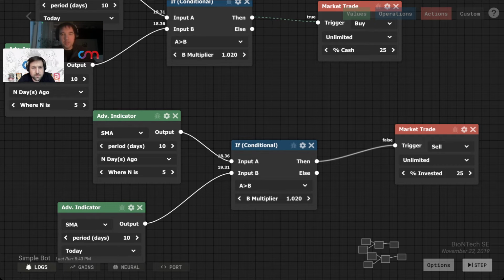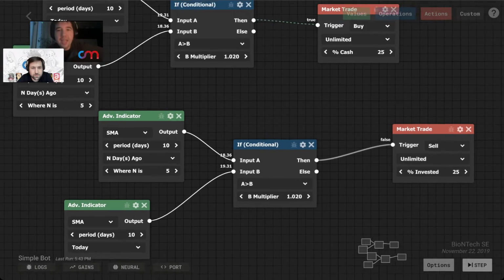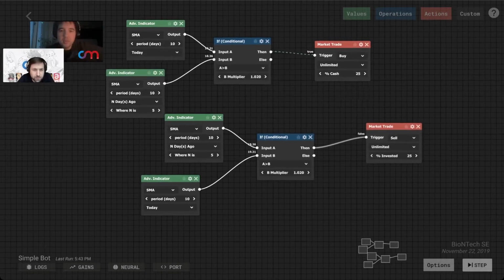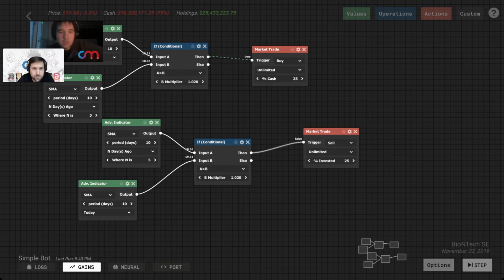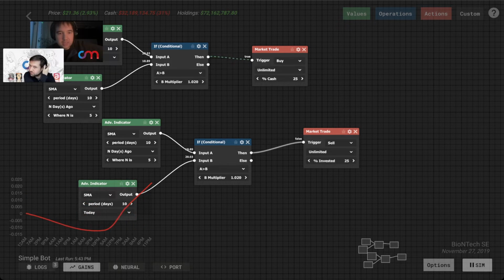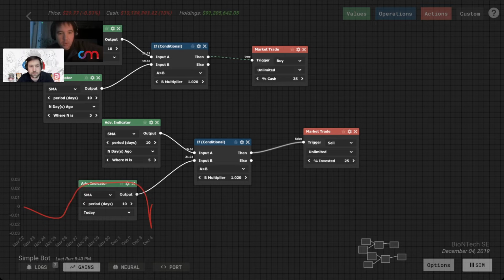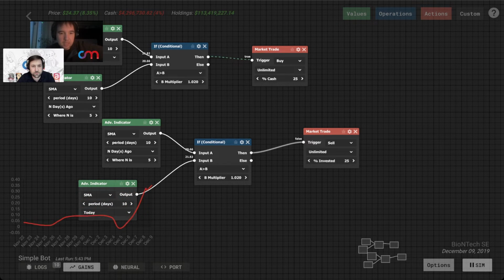And it's so much money because I'm in a debug sandbox environment to show you guys how it's going. And within this bot editor, we have all manner of tools to, let's go one day at a time. We can see our gains or our losses over time. As you can see, this is doing fairly well.